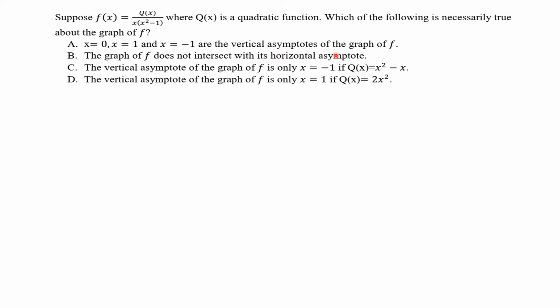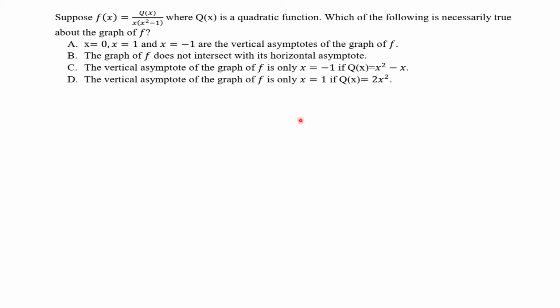ሆሪዞንታል አሰምፕቶታችን y እኩል ነው 0 ነው። እንደገና እዚህ ጋር the graphs of f does not intersect with its horizontal asymptote የሚለው ምንድነው? ሌት f of x እኩል ነው y ብንለው y እኩል ነው q of x over x into x square minus 1 አለ። ሆሪዞንታል አሰምፕቶታችን ደግሞ y እኩል ነው 0 አለ። y እኩል ነው 0 እና y እኩል ነው ይሄ ፋንክሽን ኢንተርሴክት የሚያደርጉበት ወይም እኩል ፖይንት የሚመጡበት መቼ ላይ ነው ብለን ሶልቭ ካደረግን በኋላ የ x ቫልዩ ካገኘን ስለዚህ at that point the graphs of the function and horizontal asymptote will intersect each other ይሆናል ማለት